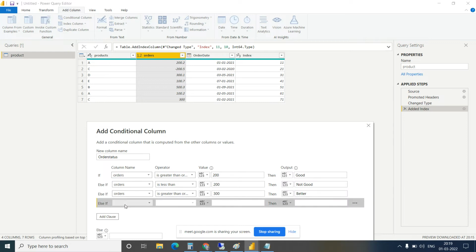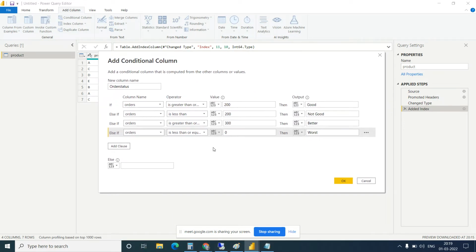Okay, so let's select orders. If it is less than or equal to 0, or less than 0, then what should it show? It should show... okay. Okay, so this is the condition.